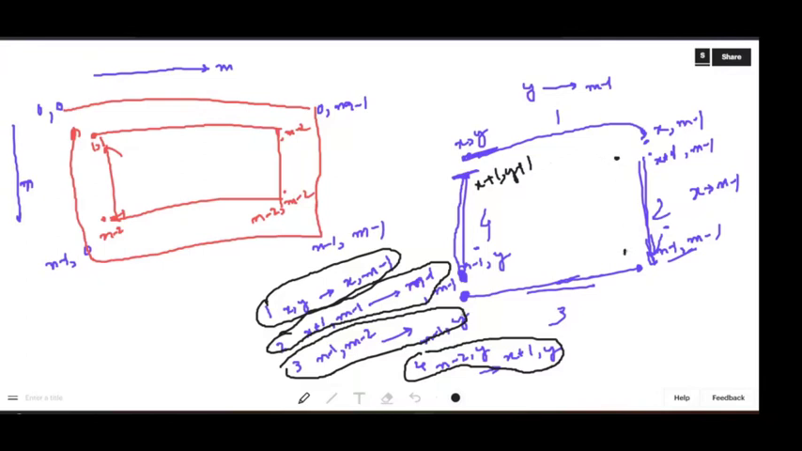Okay, we don't need all these actually. We can just increment x and y, both of them, by plus 1, and decrement n comma m by minus 1. Right. If it's a rectangle,